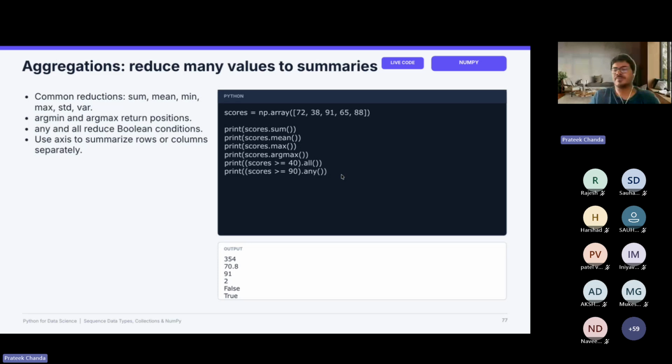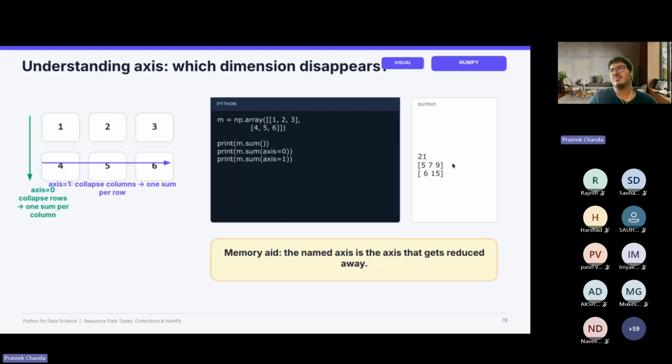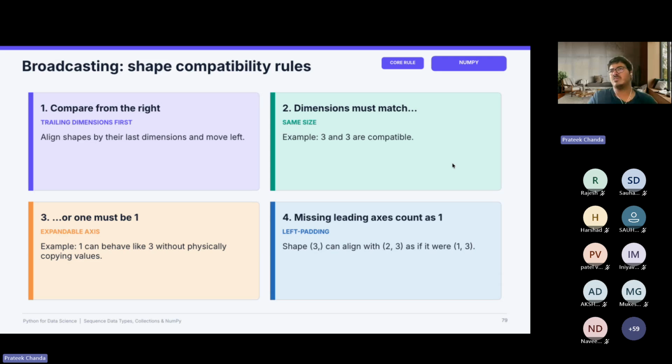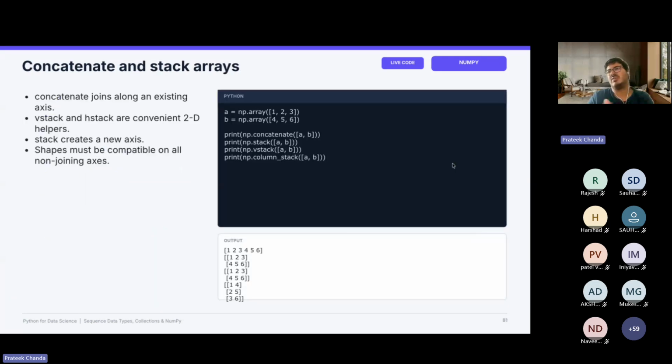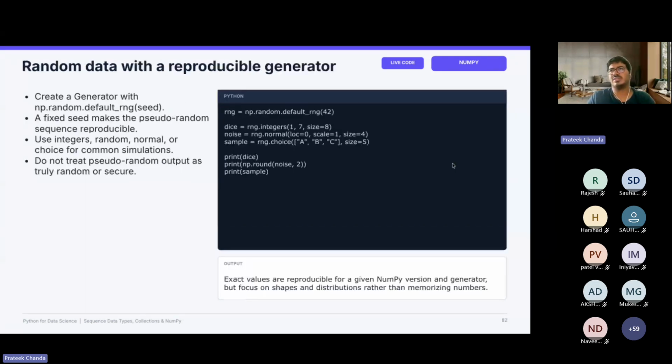There are also other aspects like aggregation operators, like sum, mean, maximum, standard deviation, variance, all those things. So given an array, you can calculate the maximum, minimum, argmax, standard deviation, and all these things. All these operations are provided. So that's mostly all about this, and I will not be going through all of the settings this time.